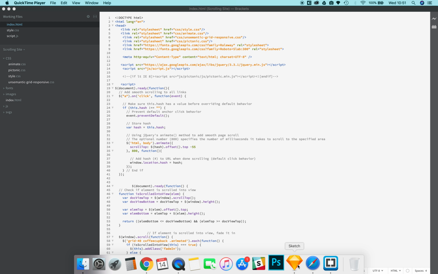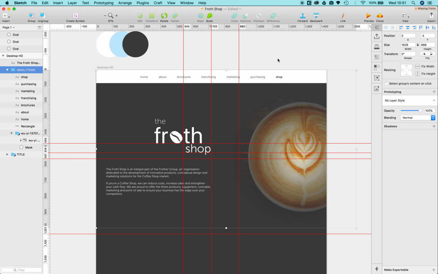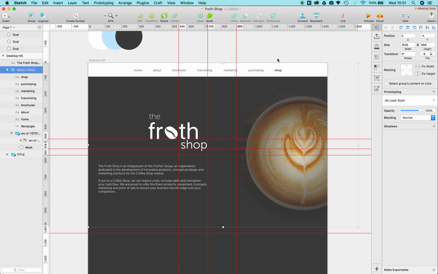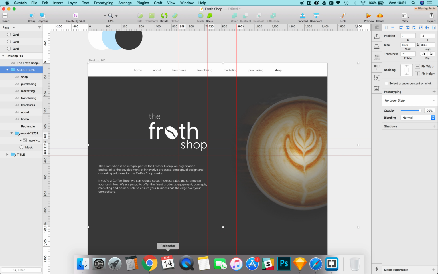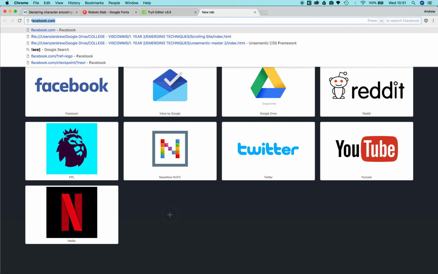To start off with, basically what I did was I used a program called Sketch, which is a design program, not unlike Illustrator and Photoshop, but it's specifically for web design, app design, all those types of things. So in this module, we decided to go ahead with a redesign of an existing website, which is the Froth Shop website,